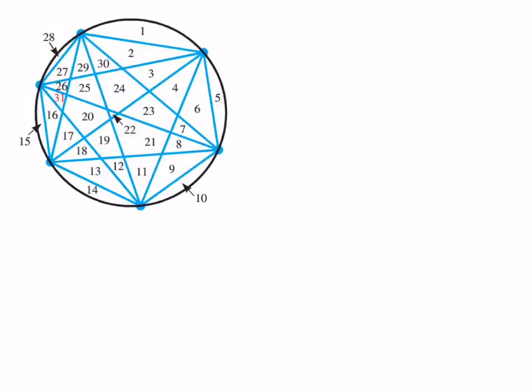Let's talk about the circle problem. The question was, how many different sections are there in a circle if we put a certain number of points around the circumference of the circle and then connect those points with chords. So it turns out you may have seen a different number of sections than 31 when you drew your own circle,